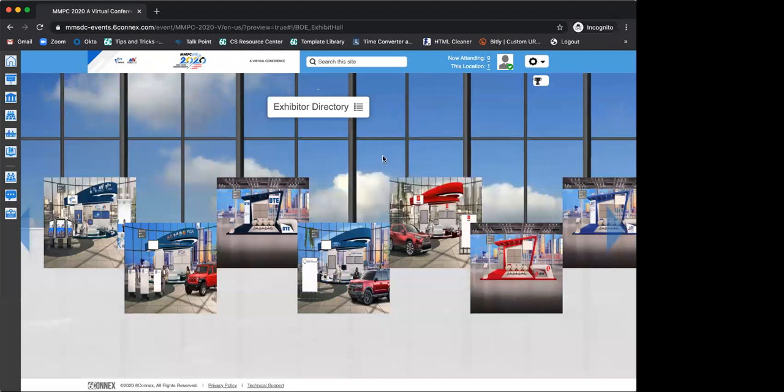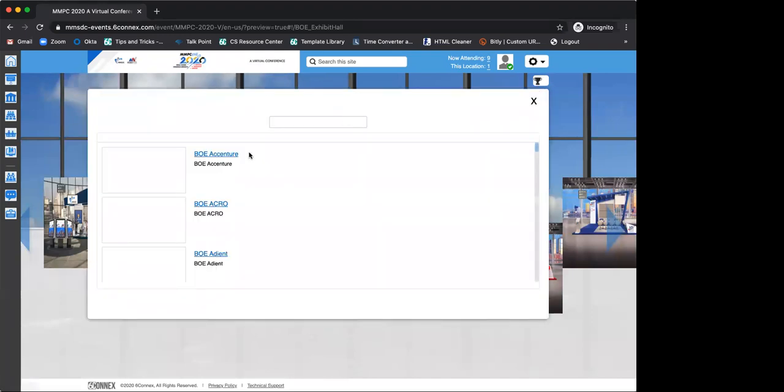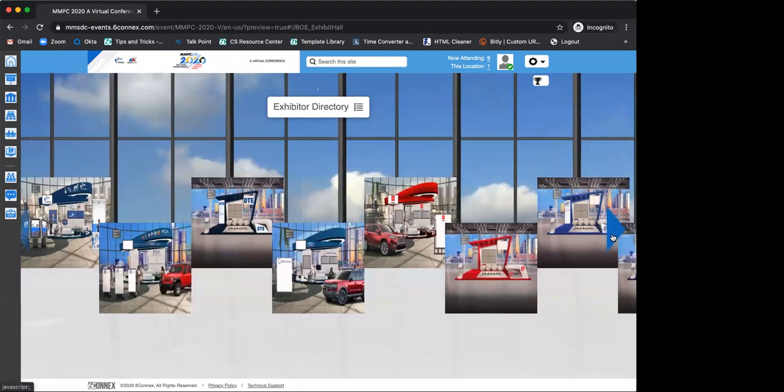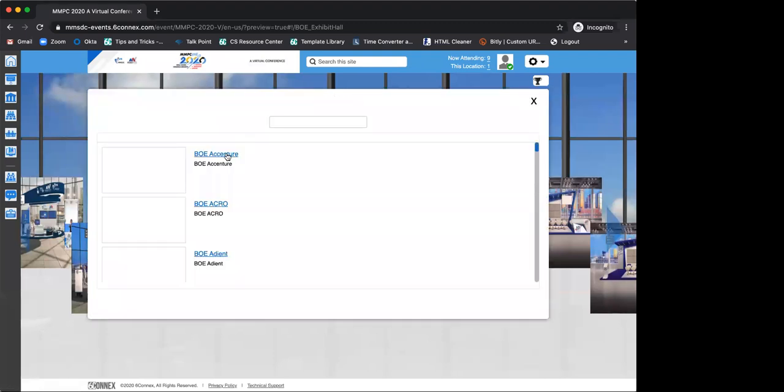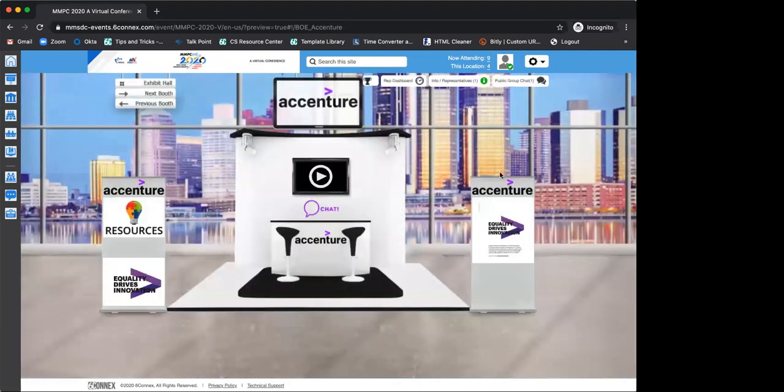Once you are here, you're going to be able to find your booth in this view of the directory, or you can scroll and find your booth, one way or the other. I'm going to click here and go to this booth. Once you are in your booth, and you're going to be in as reps already, you're going to find these options: the rep dashboard, and also a public chat. I'm going to start by showing you the rep dashboard.